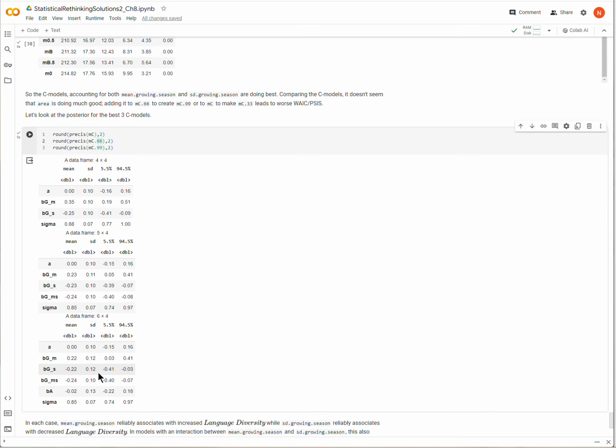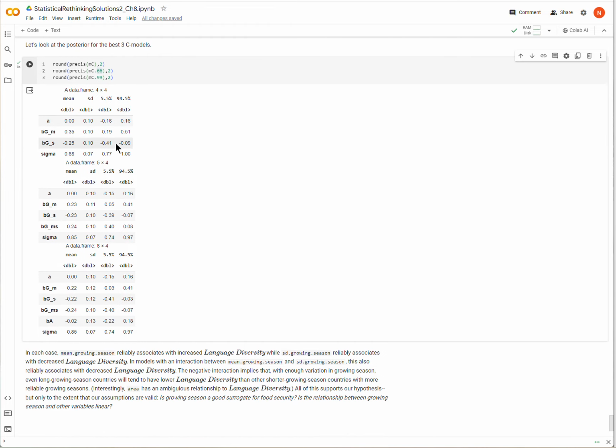They're going to have less language diversity than a country that has shorter average growing seasons, but is more predictable from year to year. So that's interesting. And then finally, area, as we could have deduced by the WAIC and PSIS comparisons, has a pretty ambiguous relationship with language diversity.